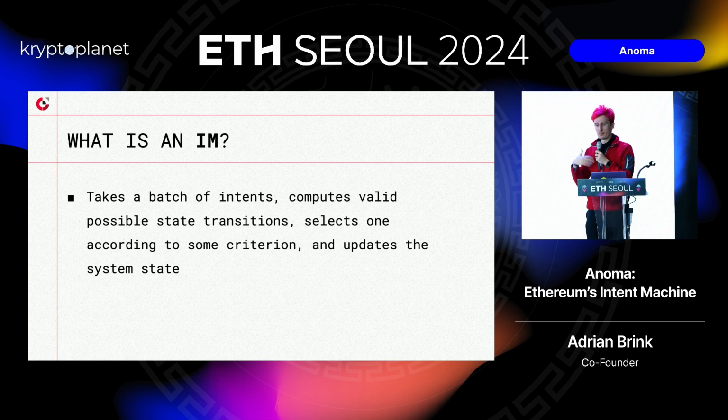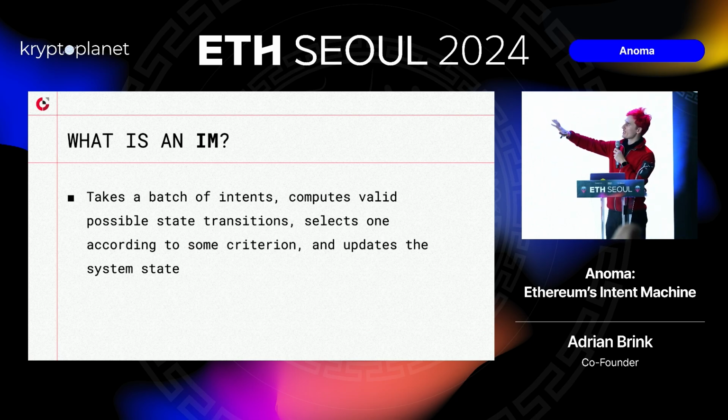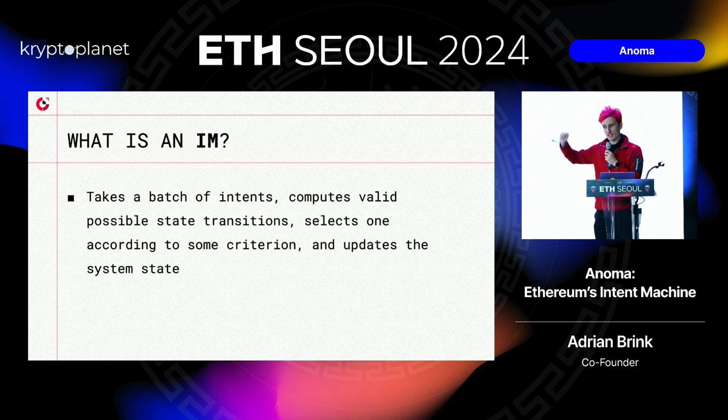Intents are simple trading intents. For example, a limit order is just an intent, but even something as complex as a rollup is still an intent-based system, because when you think of a rollup as a transition, someone has an intent to go from A to B within the rollup, someone else has B to C. What a rollup does is collapse the compute into A to C. So a lot of the systems that we're currently building that require counterparty discovery, or that require interactions with other parties in the ecosystem, are actually intent-based systems.